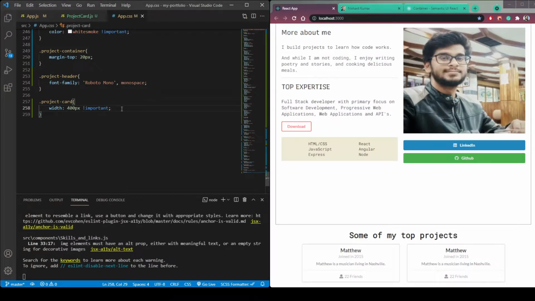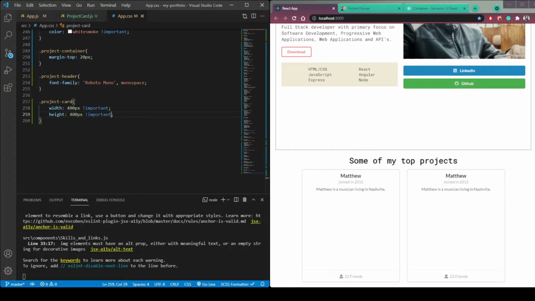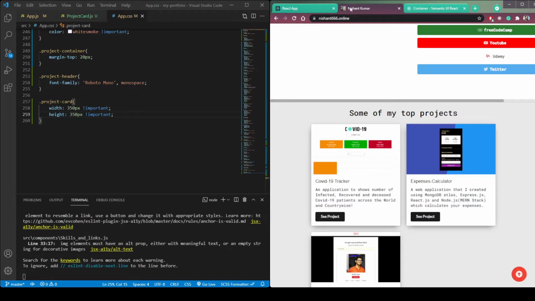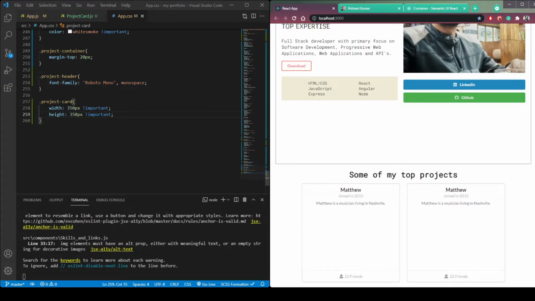And then height of, let's use 400 also to make it a square card, but I think 400 is too much. Let's use 350. Okay, 350 is fine.